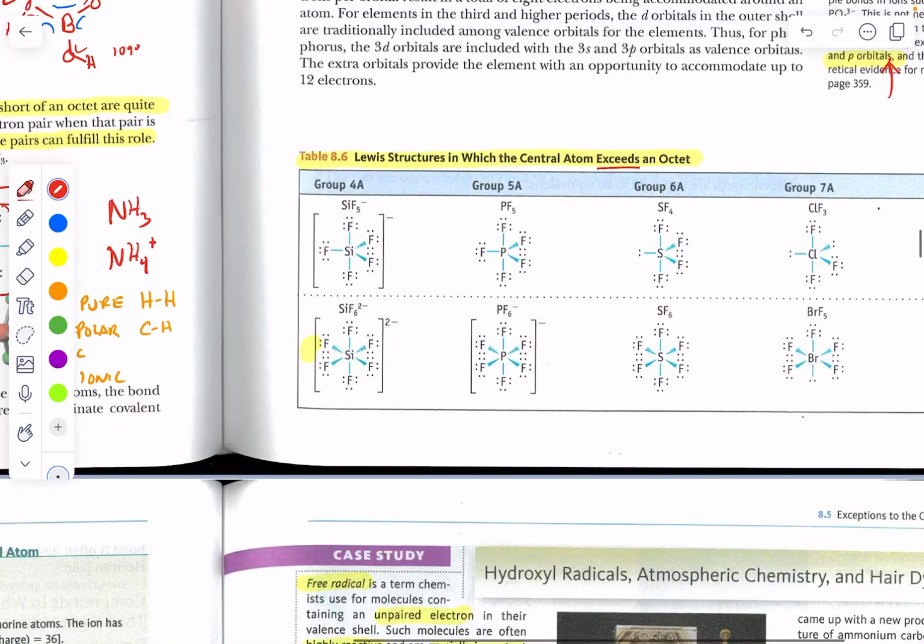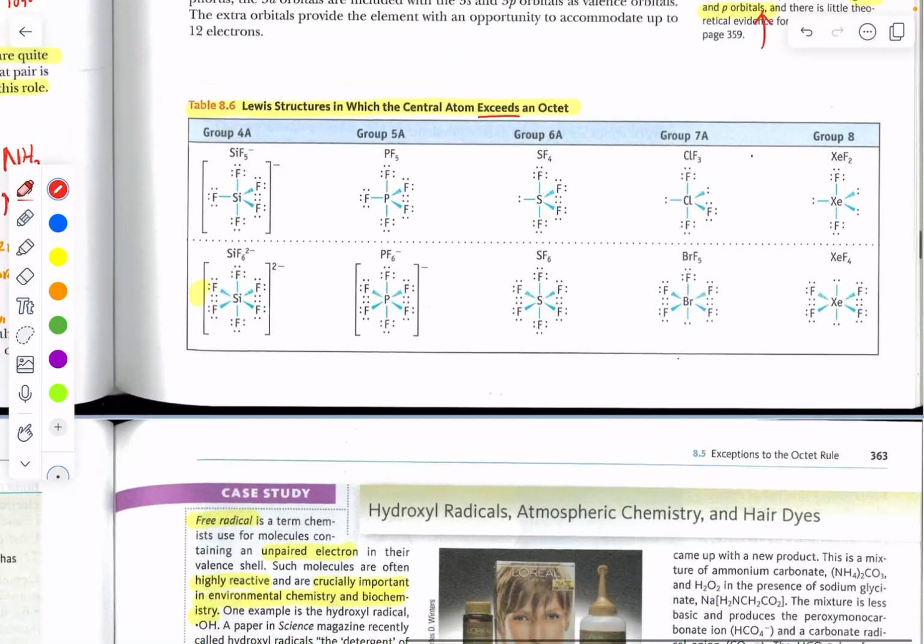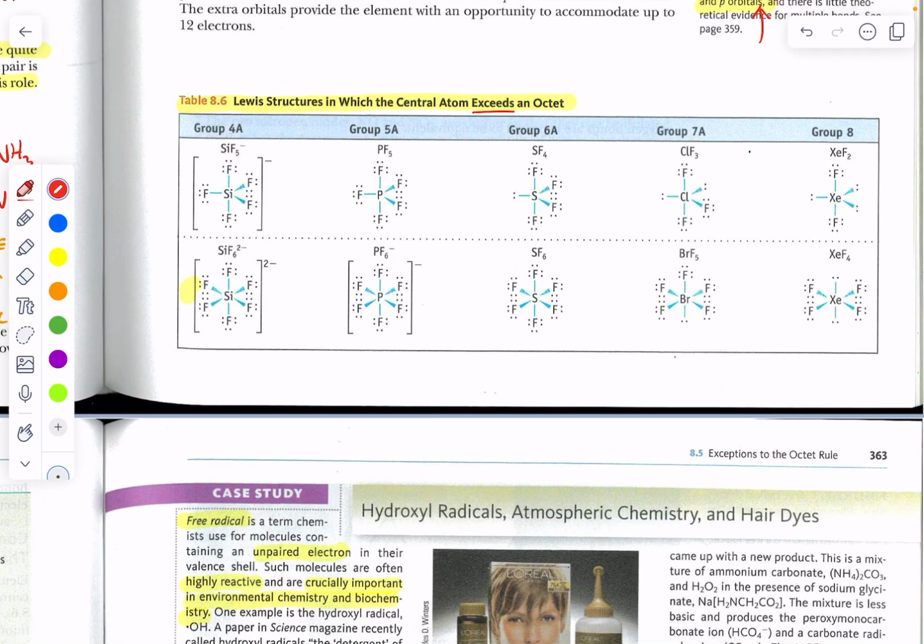All right, let's take a look at this diagram right here. What you ought to see is we have 10 different structures that show expanded valence. That means that all of these structures, besides having an octet, have extra electrons, and those electrons get distributed around the central atom. So here we've got 1, 2, 3, 1, 2, 3, 1, 2, 3, 1, 2, 3, 1, 2, 3. And then in this row down here, we've got